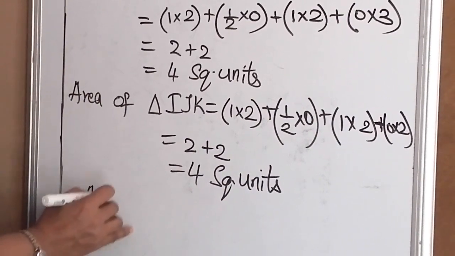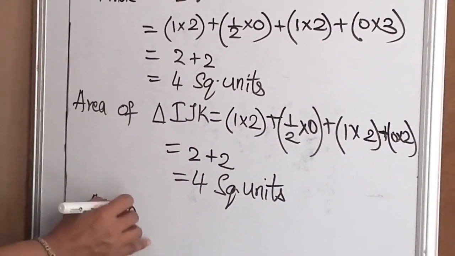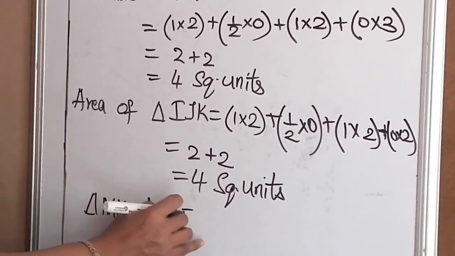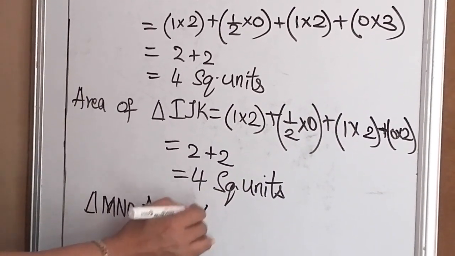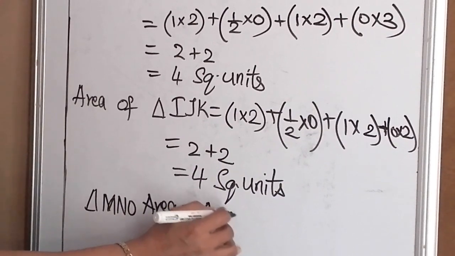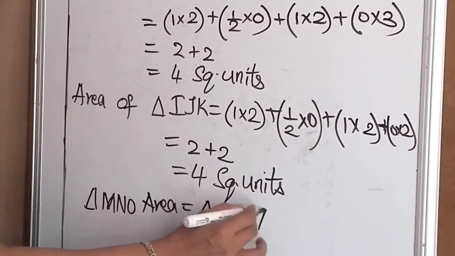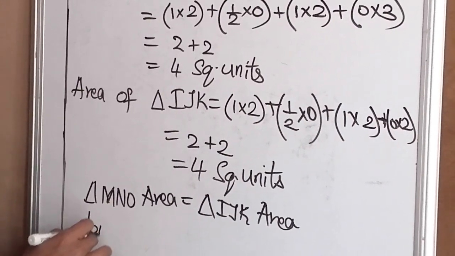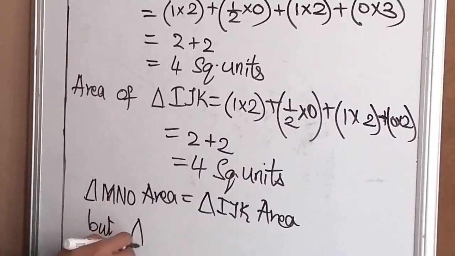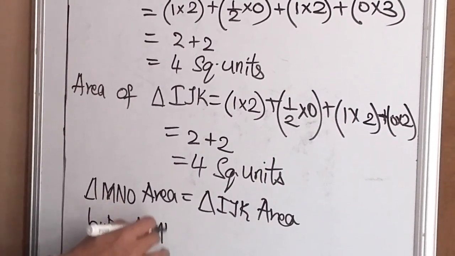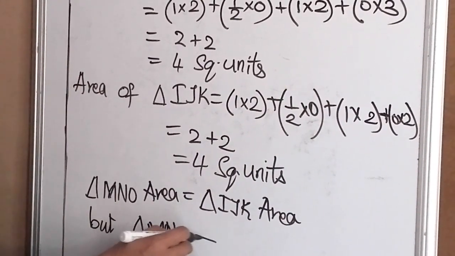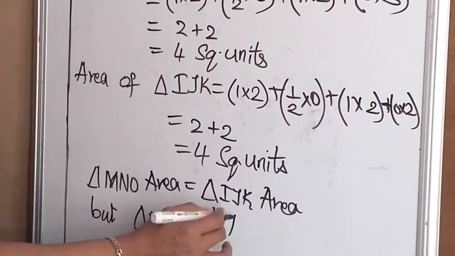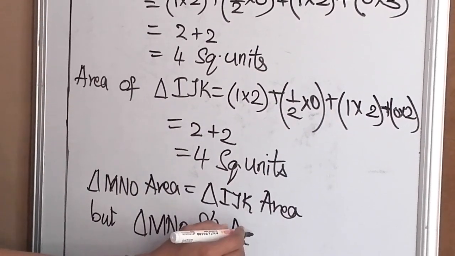Triangle MNO area is equal to triangle IJK area, but triangle MNO is not congruent to triangle